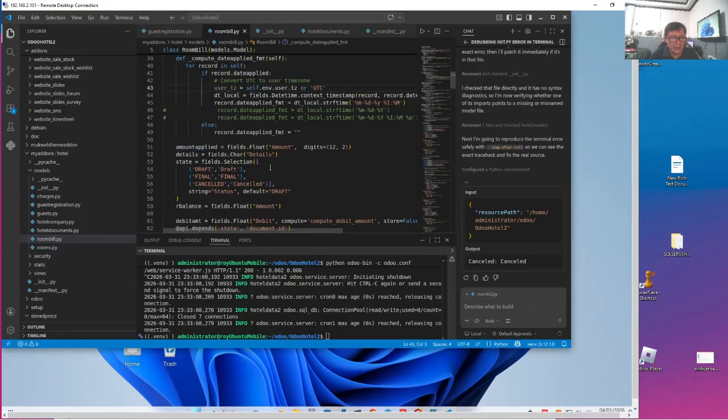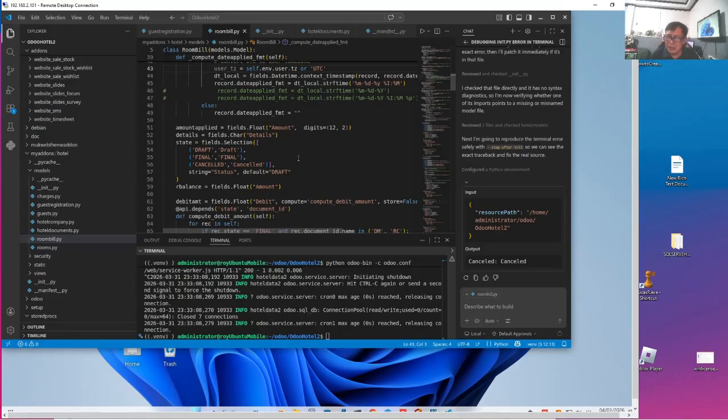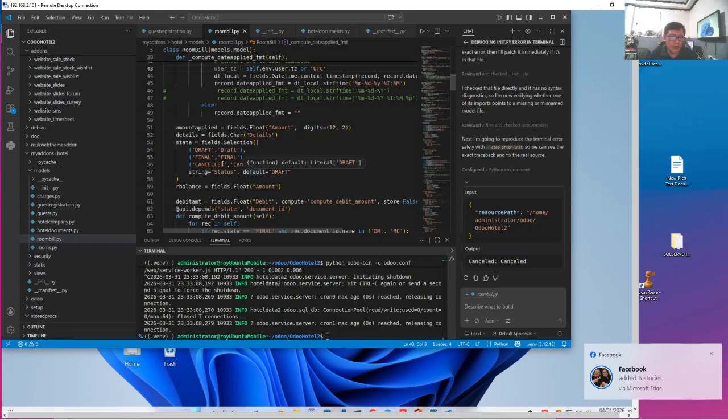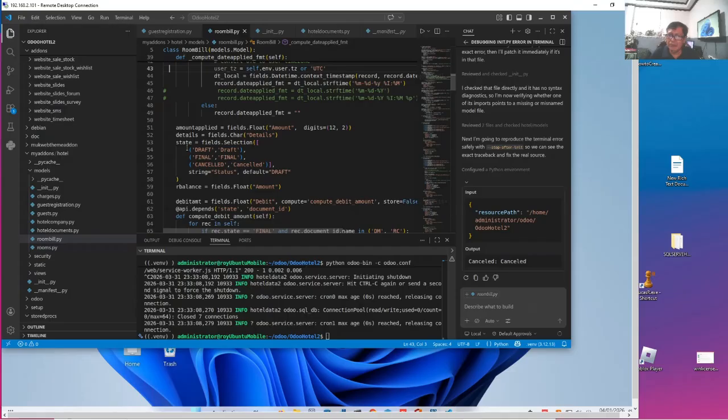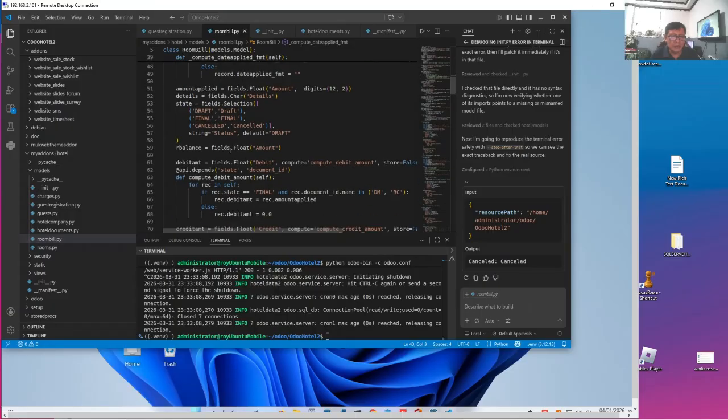And then we have the details, the explanation of what the charge is for, and then we will have a state field. Like the guest registration, our bill will have a draft mode, a final mode, and a cancel mode. We'll have a running balance because in the actual report, we are going to get a running balance as one of the columns in our bill.